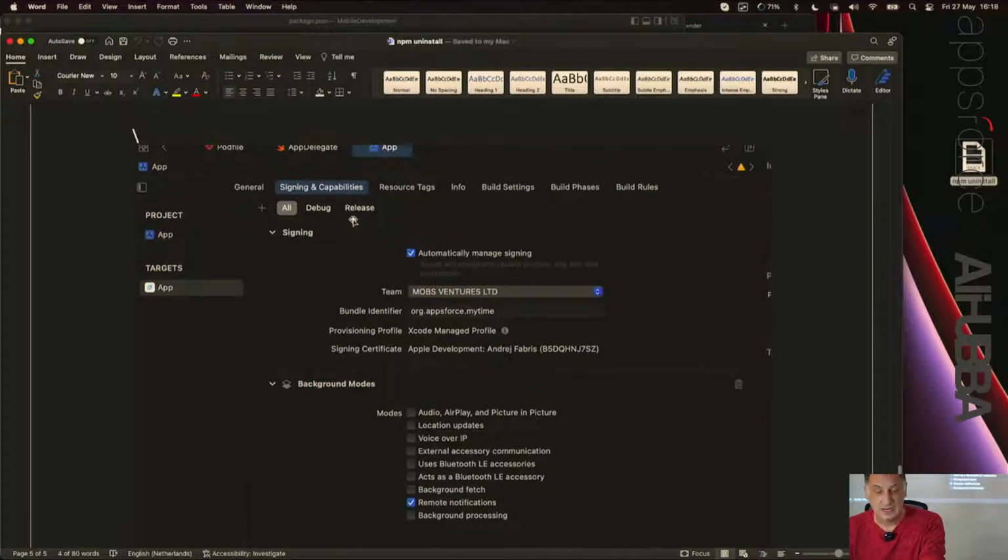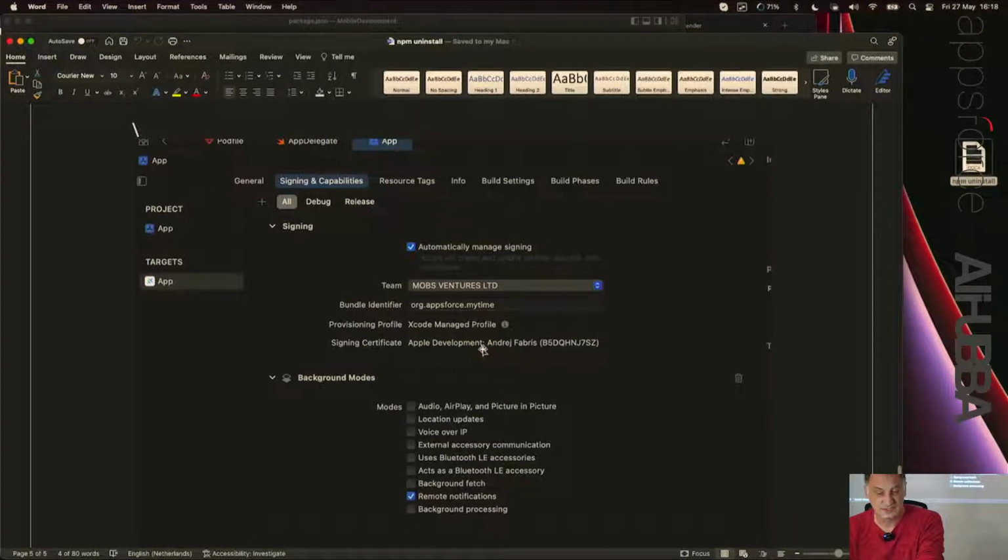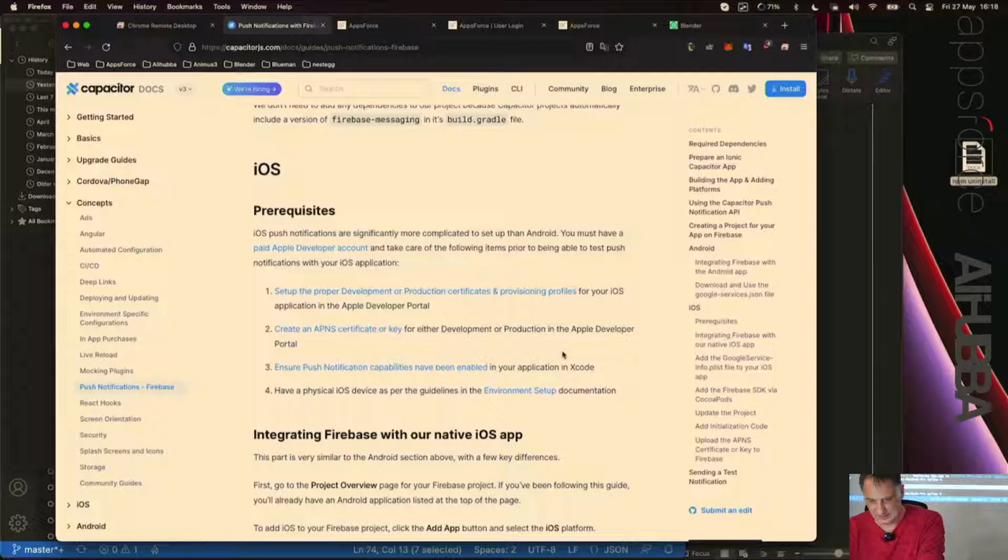Nice. I don't have one, but I have one from my client, so I managed to just set that up in my Xcode. So you can't even set this up, or I probably can, but I can't set this up in VS Code. I have to do it in Xcode and select the team is this, bundle identifier this is me, etc., because what it does while it builds, it signs all these things and checks all the keys that it can. So then I need to have production certificates and provisioning profiles. I don't have that personally, but as I say, I set that up for the